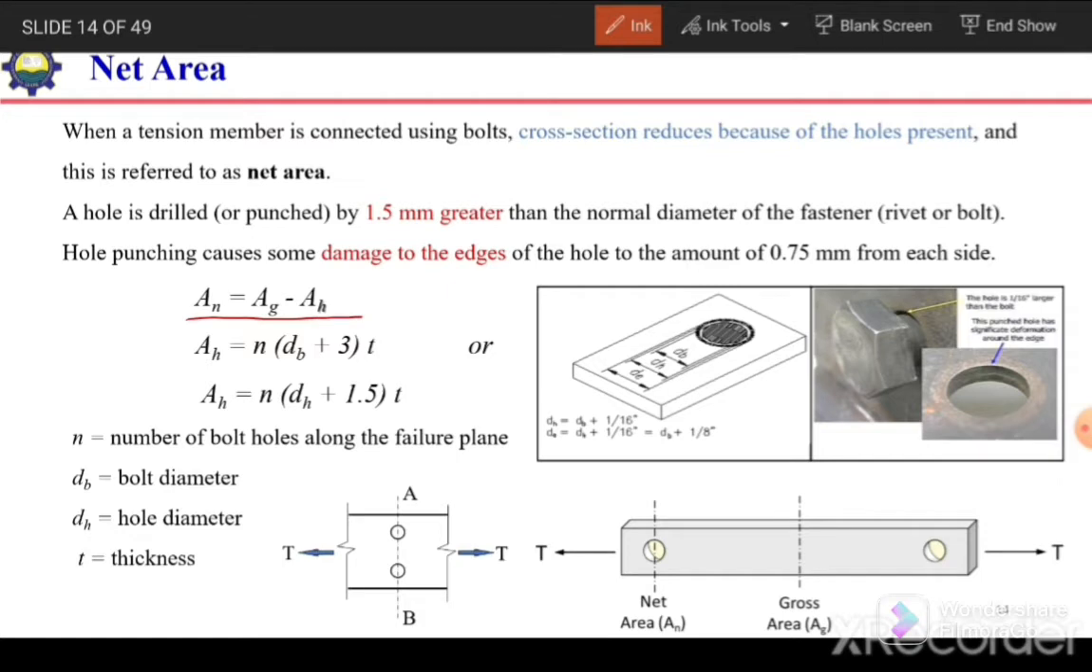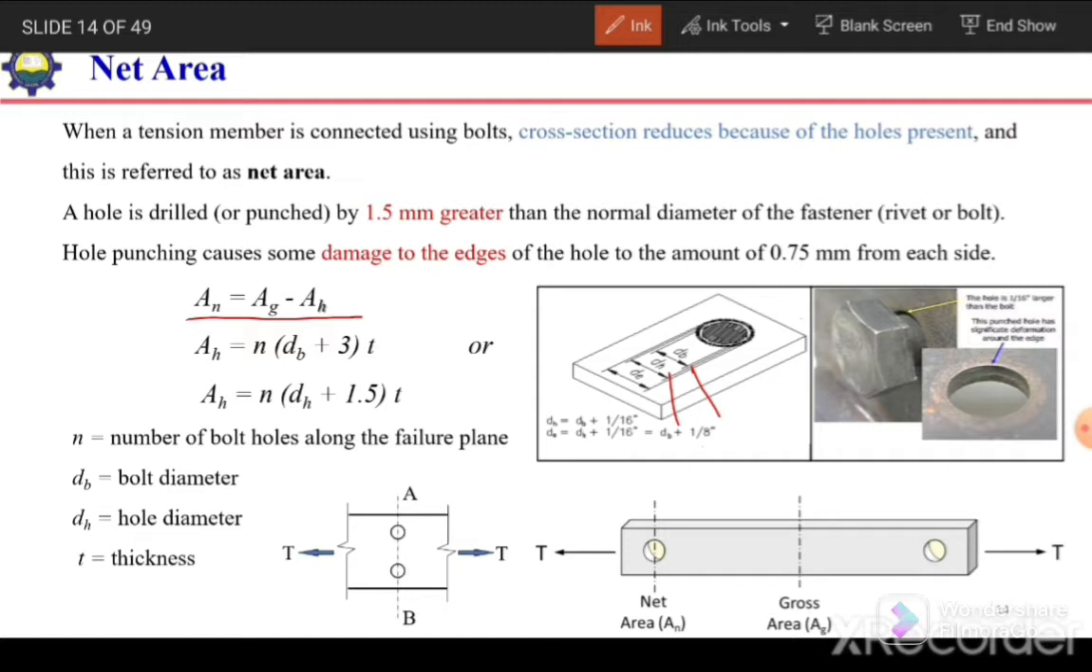So now we need to consider what will be the area of hole. So first, let's understand the concept, how much will be the diameter of this hole. For example, if we have the bolt diameter dB, then we need to punch the hole a little larger than the diameter of the bolt. So the diameter of the hole will be a little larger than that of the bolt, and